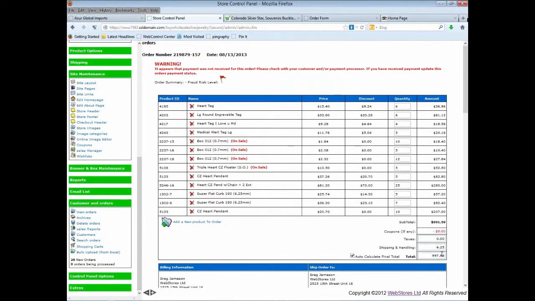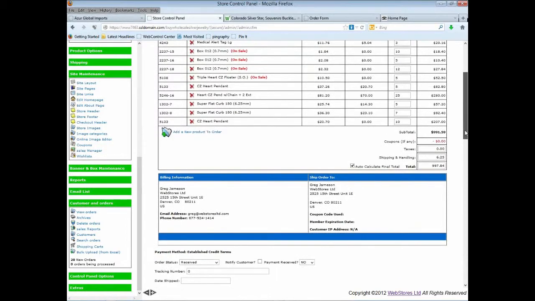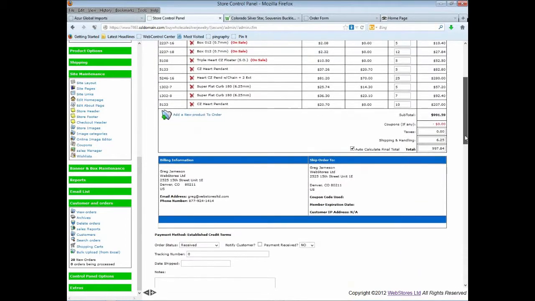If for any reason I want to override any of these numbers, I can actually do that on the back end, allowing for partial shipments or special circumstances. So as you can see,